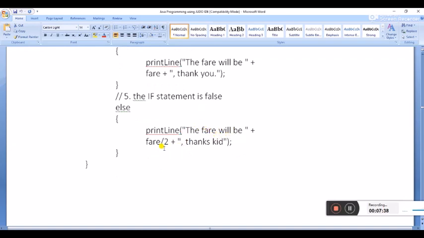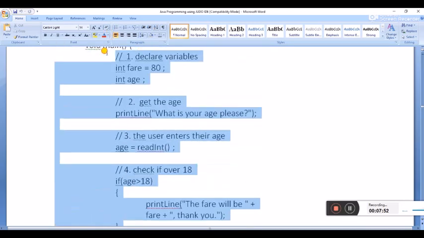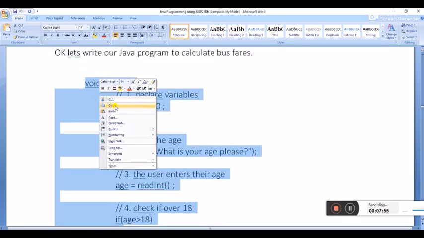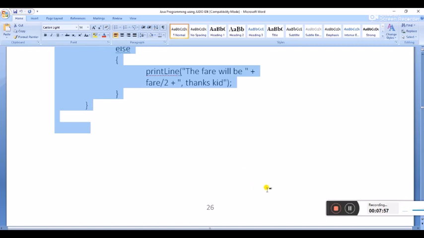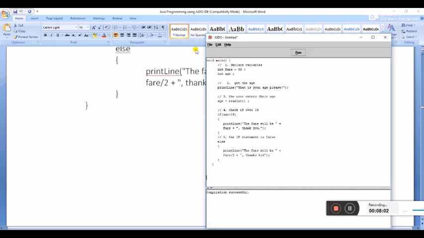then another print line will appear telling you, look, you have to pay half of the price. How do you do it? You use a little bit of calculation: the fare divided by 2, that will give you half the price. Okay, that means you are a young person. So if you write this code properly and use the correct number of braces, this is what you're going to have. I'm going to paste this code on the Java environment for us to see. Make sure that the opening curly brace, the opening brace